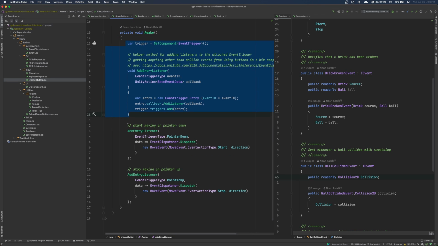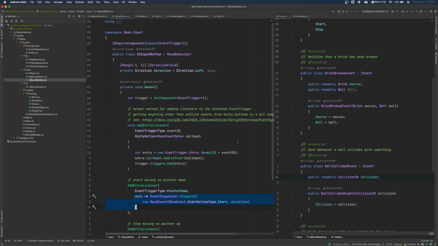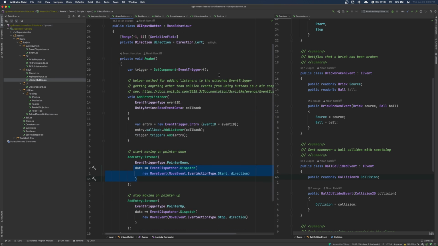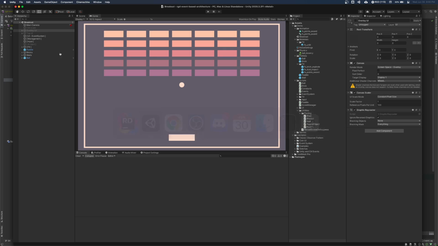But jumping down to these two calls, this is really an important part. So when our button is pressed down, that's that pointer down event trigger type, we dispatch a move event start in our direction. This is defined as this MonoBehaviour has a direction that is assigned in the Unity editor. So when we go to Unity, we can see,